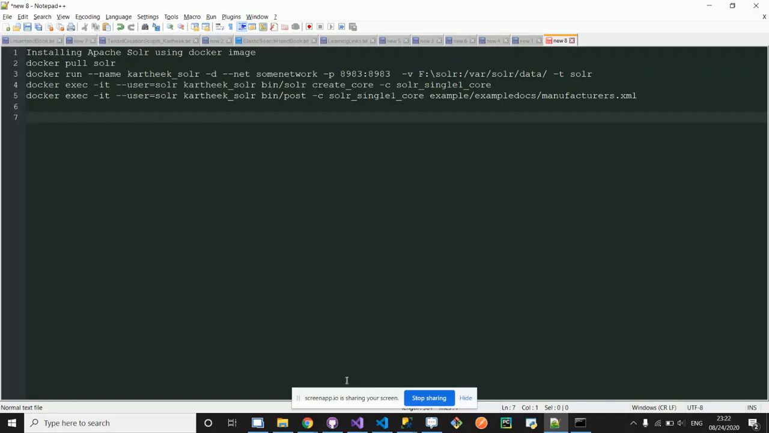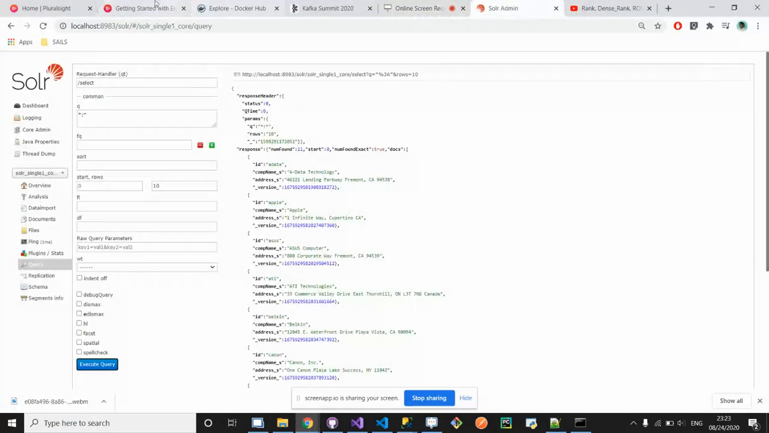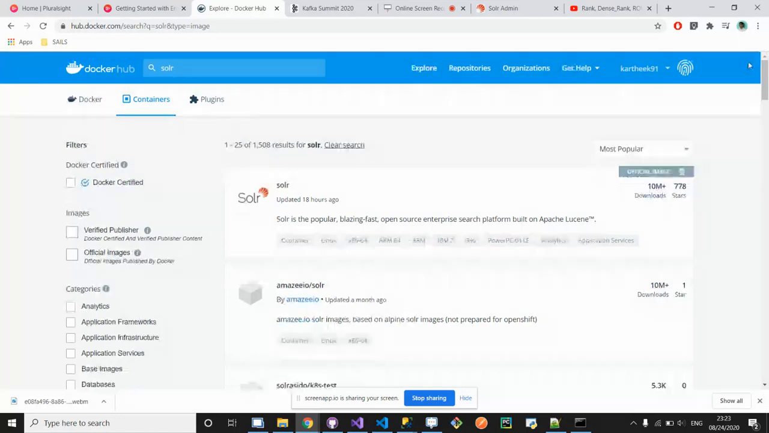First of all, we will go to Docker Hub. In order to leverage Docker, you need to have a login. You have to be logged in. You can sign in with Google Gmail. Then you need to download Docker Desktop and check whether Docker Desktop is running or not. Here Docker Desktop is running. So then you can go for the